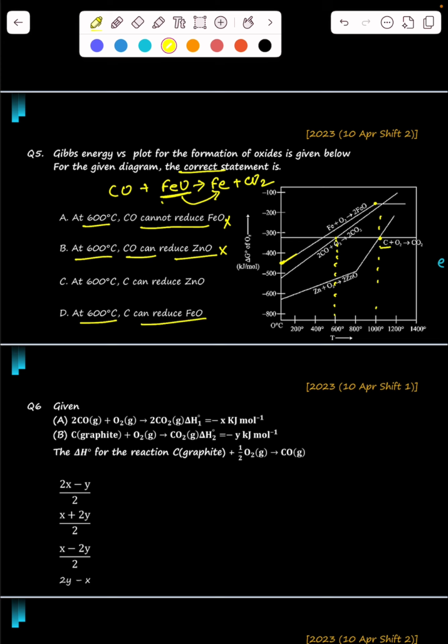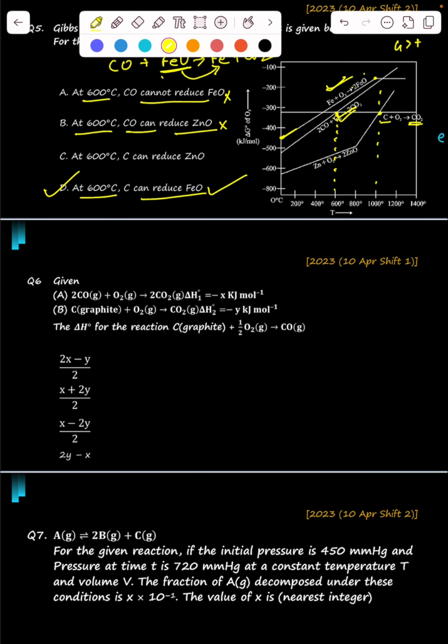एट 600 C can reduce iron oxide, ओके बिल्कुल हो जाएगा क्योंकि आयरन ऑक्साइड ऊपर की तरफ है तो उसका गिब्स फ्री एनर्जी ज़्यादा पॉजिटिव है, तो वो डेफिनेटली CO2 ज़्यादा स्टेबल है, ये इसको कर देगा। सो योर आंसर शुड बी D। तो बेसिक कॉन्सेप्ट ये है कि जिसका गिब्स फ्री एनर्जी ज़्यादा नेगेटिव है वो ऑक्साइड ज़्यादा स्टेबल है, तो वो दूसरे ऑक्साइड को उसी के कंपाउंड से रिड्यूस कर देगा। तो 600 पे हम देख रहे हैं कि कार्बन ज़्यादा स्टेबल है क्योंकि उसका गिब्स फ्री एनर्जी नेगेटिव चल रहा है, जबकि आयरन का पॉजिटिव चल रहा है।